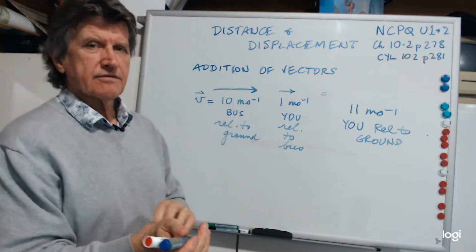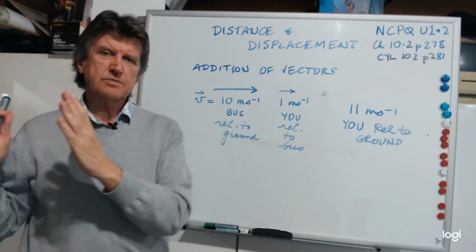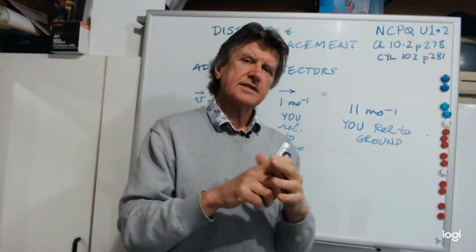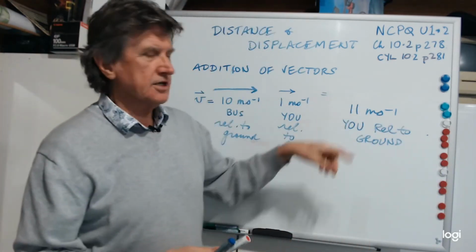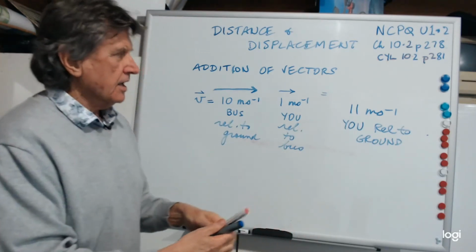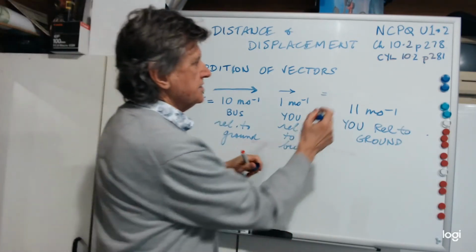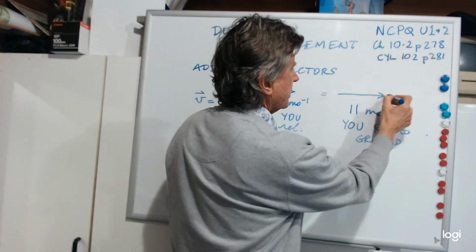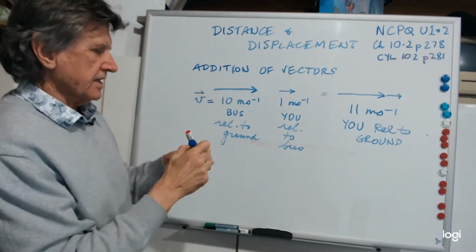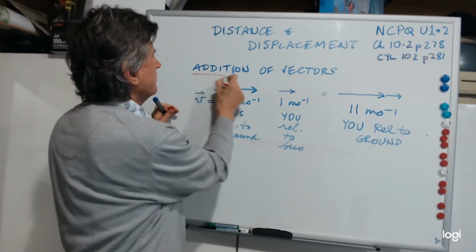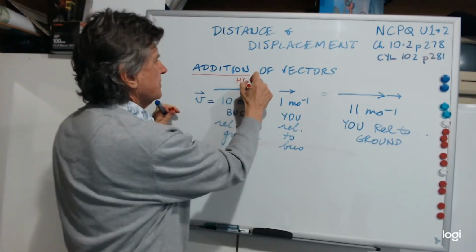The speed of the ball will be the speed of the person bowling it plus the speed of the ball relative to the person, and it'll go at 11 metres per second relative to the ground. Okay, now the way you do this with arrows is you just put the two arrows down and you put them head to tail. So addition of vectors, when you add them, you put head to tail,